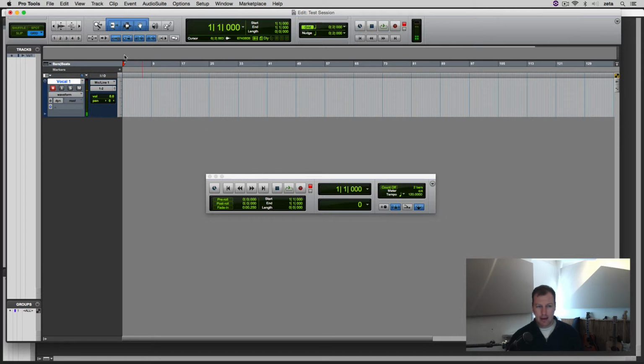From there, I want to jog all the way back to the start on the return to 0, and then I'm going to hit record enable and play, and it will start recording. And you can see there it's generating a waveform. If I zoom in a little bit,